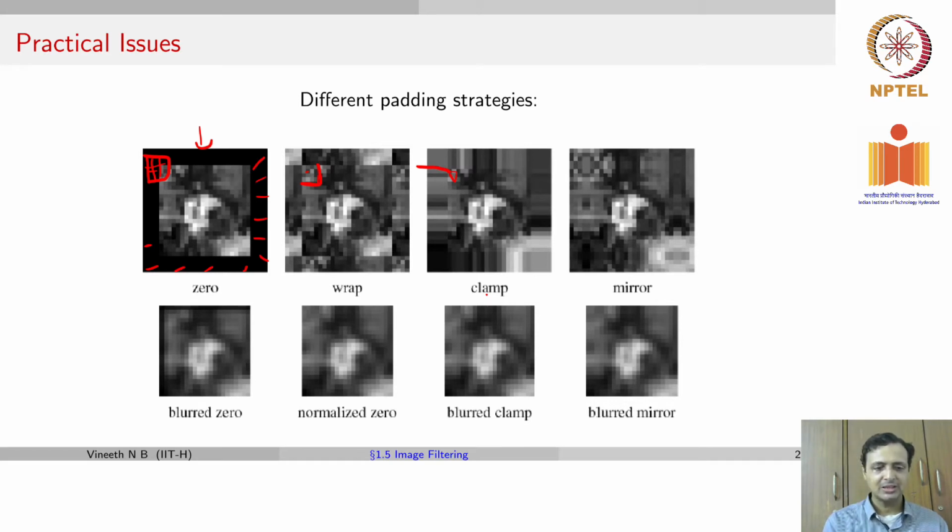So in each of these cases, if you did say an average filter, these are the kinds of outputs that you would get. As you can see, there is not too much variation, except for the variation at the edges, and it diminishes the larger the image becomes. So these are cases where we have taken very low resolution images, but the larger your images become, the outputs of these padding strategies don't change too much from a visual impact.